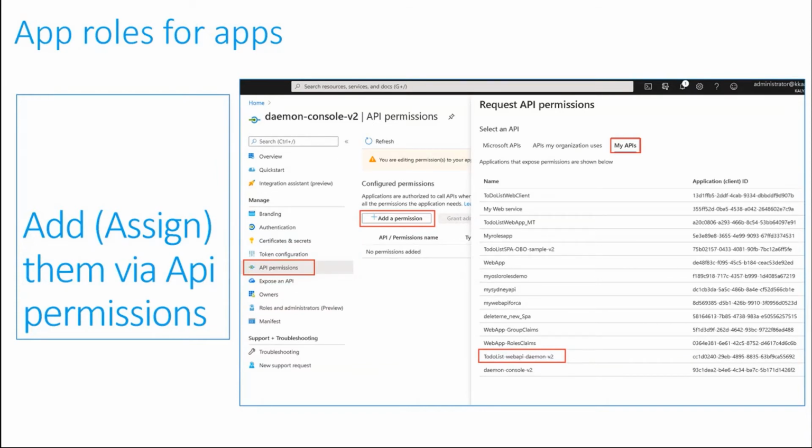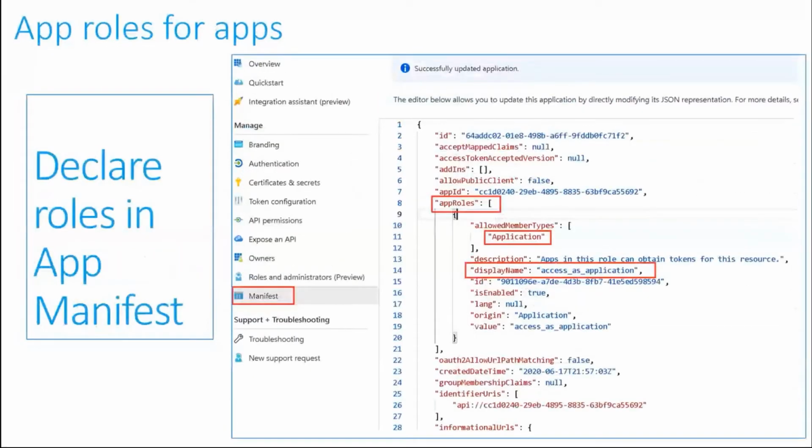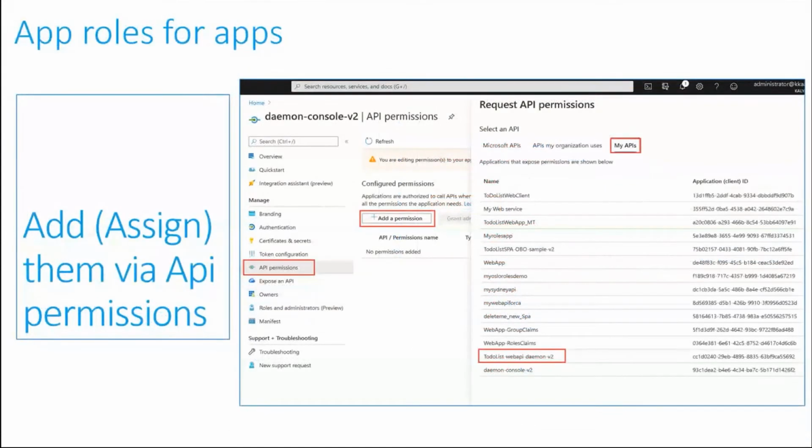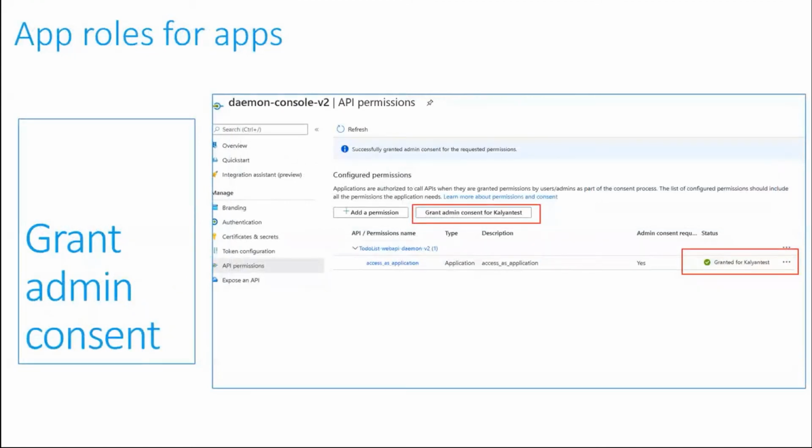The application where you are declaring these is the API. Then you would go to the client application, which is a different application. You will say, I need to add a permission. Locate the API where you have declared the application permission. Once you have selected it, you will do an admin consent.